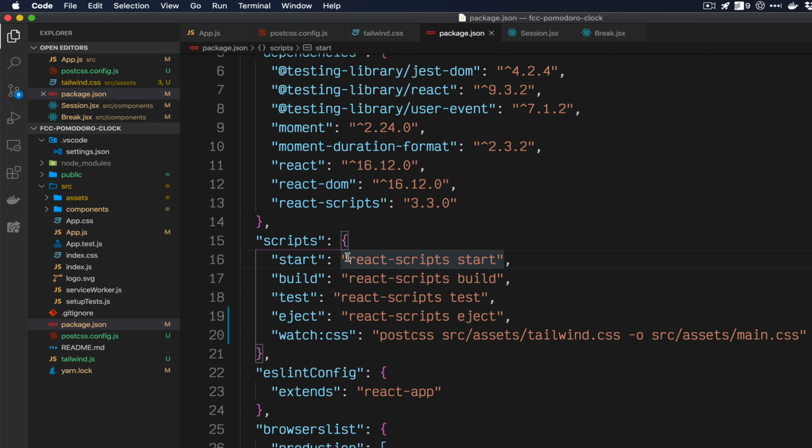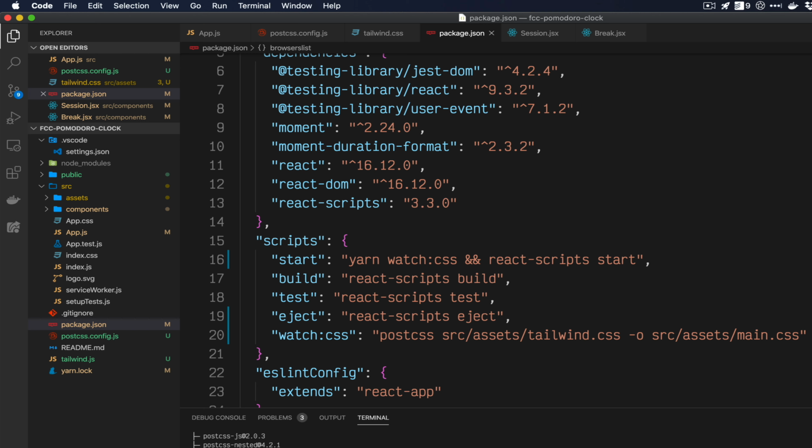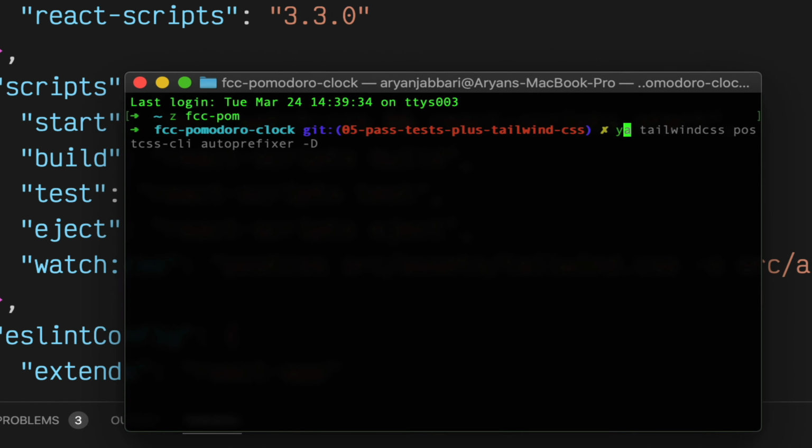Now we want to do that right before we start our application, so we can do that here. You will probably do npm run watch:css. Since I use yarn, I'll use yarn watch:css. Now let me show you what that does. So we'll run yarn start,